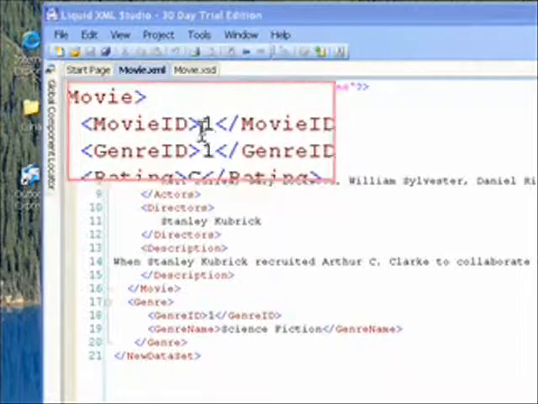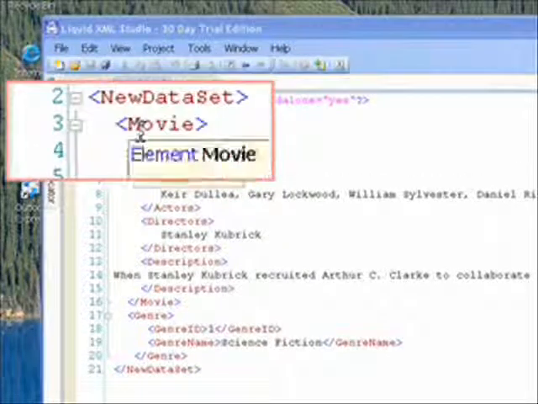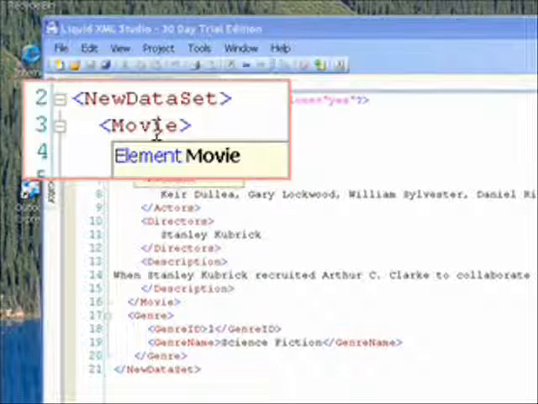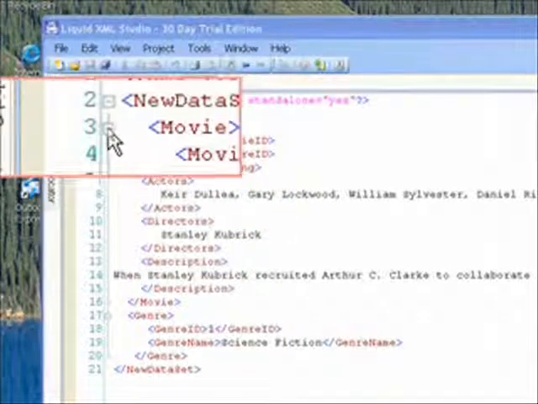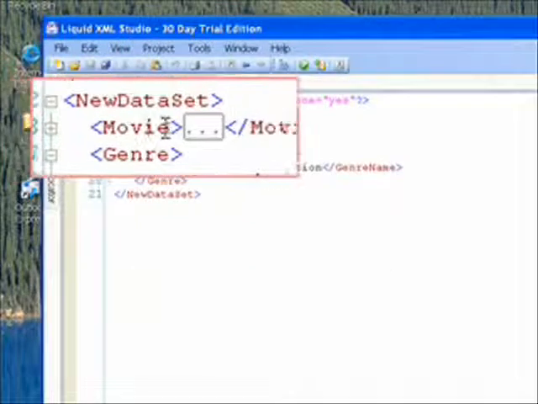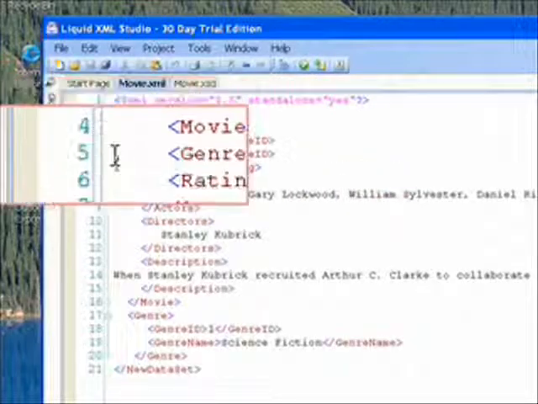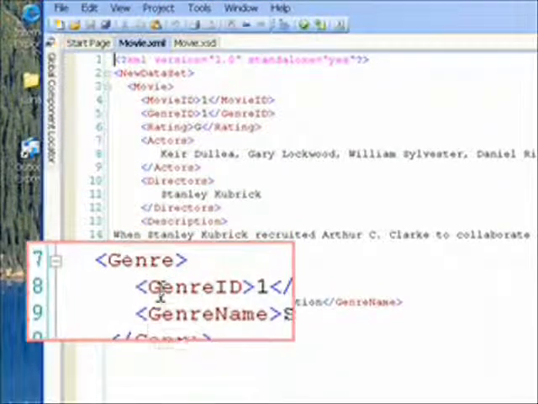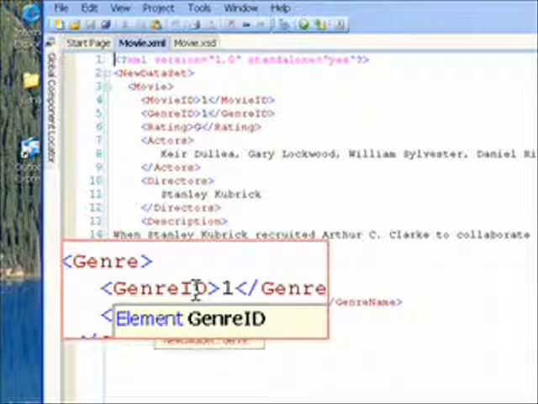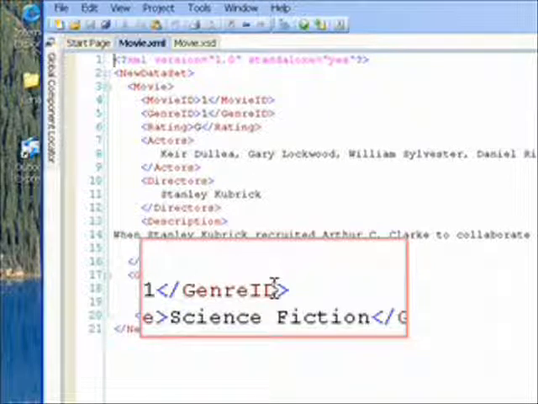And you'll notice this is essentially a tree structure. At the very top of the tree is the root element, or it's a rooted tree in that sense. And then we have our first top level element and then sub-elements under that. In fact, the way this is portrayed, if I click on this, it'll show an ellipse rather than the sub-elements to show the tree can be expanded out. And then the second element on the same level of movie is genre. And that has tags of genre ID, a data value of 1, and a closing tag of slash genre ID.